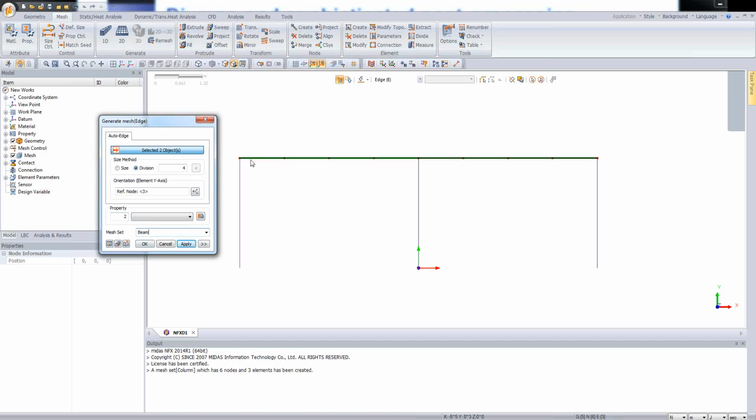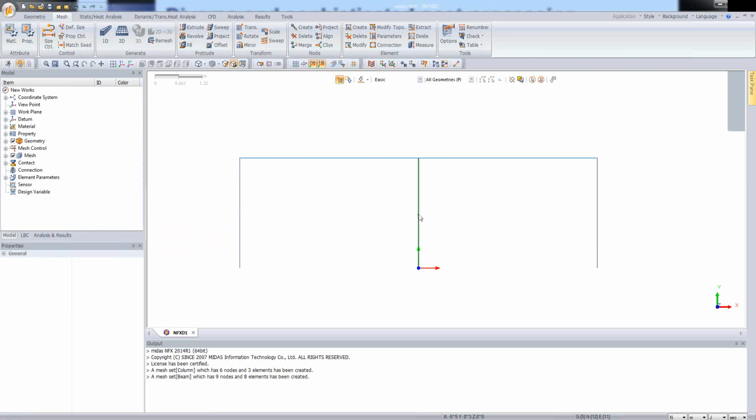I'm clicking on preview, so we see some red dots, and let's click on OK. So at this moment the mesh has been created, and right now I'm clicking on the material branch, and as you see, material has been already created. I mentioned about that during the presentation, so we can